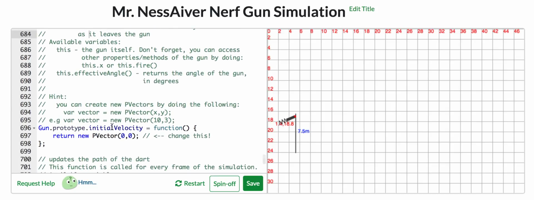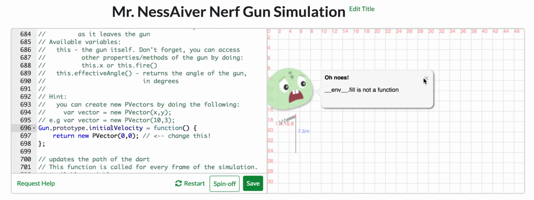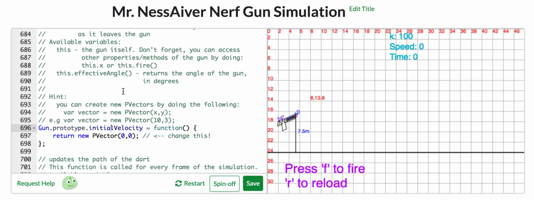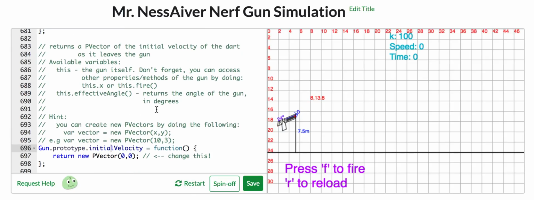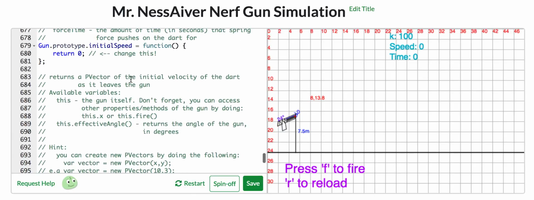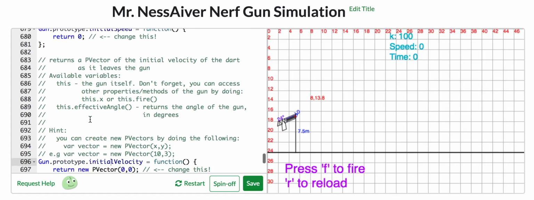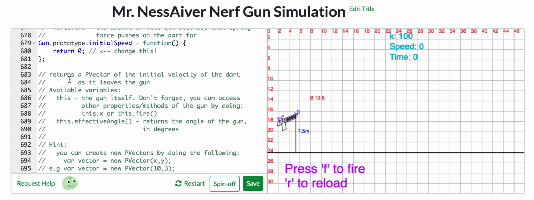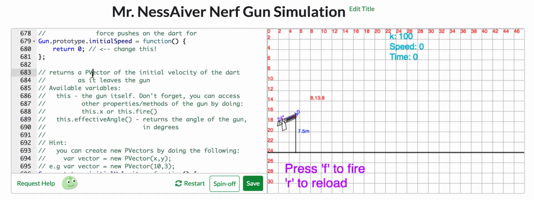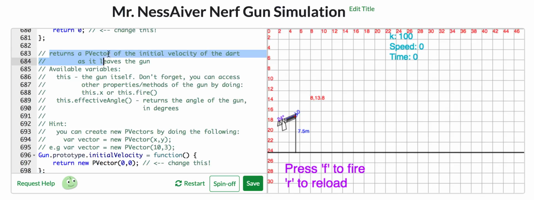Next up, we have the initial velocity function, which is just kind of an extension of the speed function. So once we know the speed of the dart, we also need to know its position or its angle. And that is a vector, right? Speed plus direction is a vector. So in Khan Academy, it's actually called a p-vector, like this. And what this function does is it outputs a p-vector that's the initial velocity of the dart as it leaves